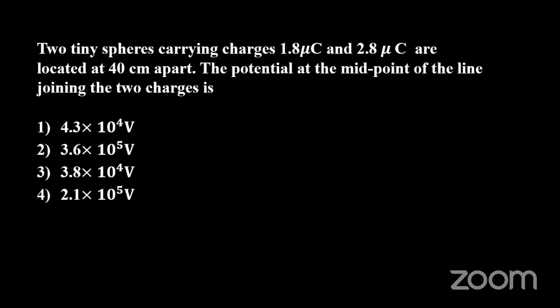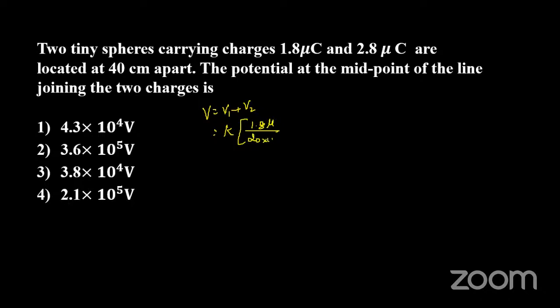Two tiny spheres carry a charge of 1.8 microcoulomb and 2.8 microcoulomb, located 40 centimeter apart. Potential at the midpoint of the line joining the charges. So net potential is the sum of the individual potentials. Here we can take 1/4 pi epsilon naught, k, common, and it will be 1.8 micro divided by